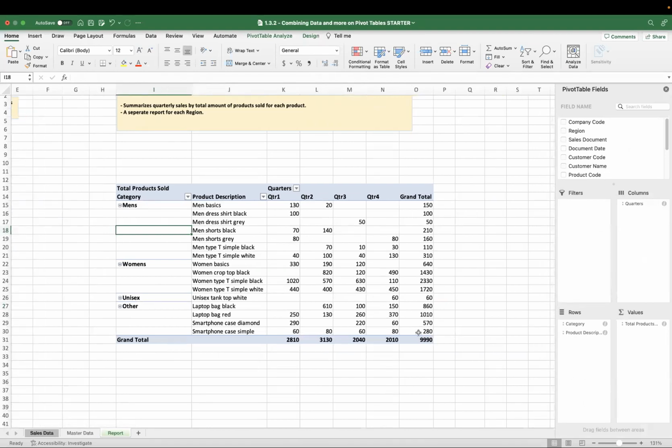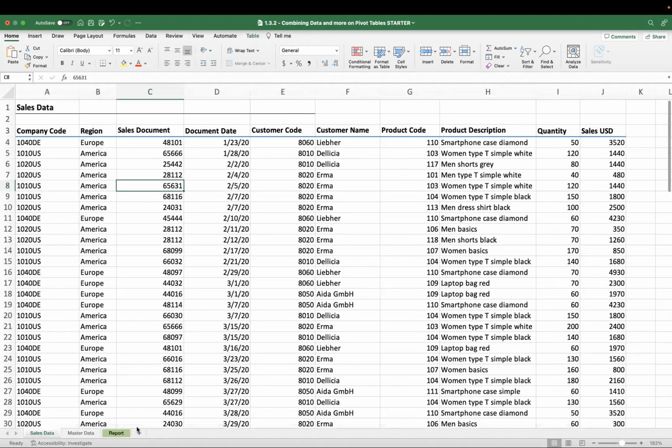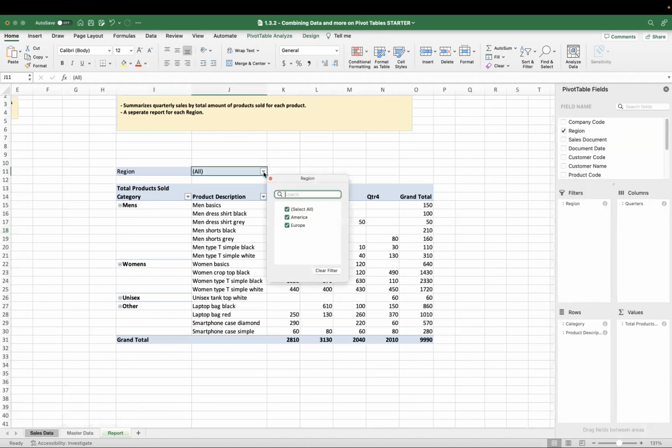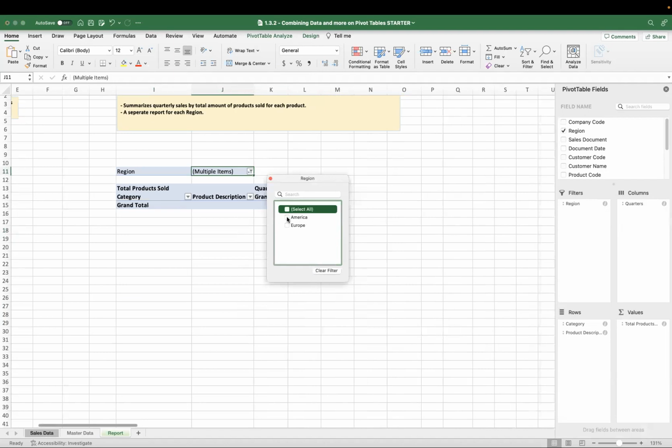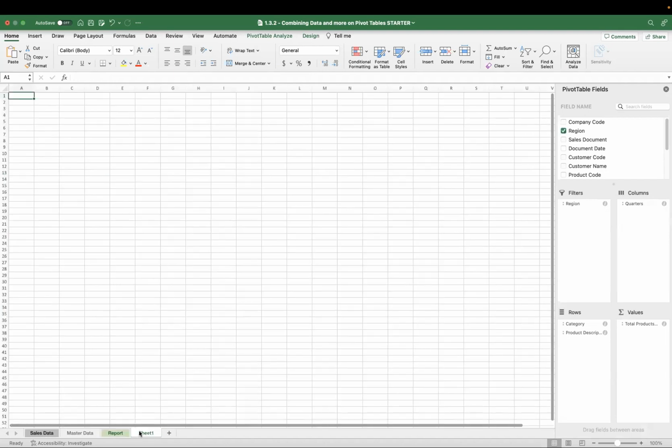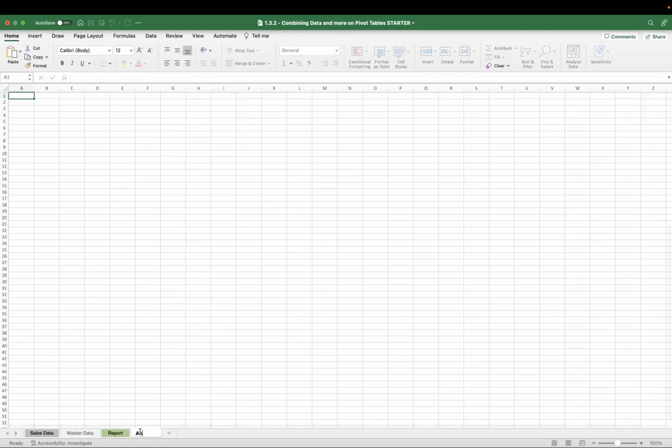One thing that we can do is get a report for each region. So currently, the two regions that we have in our data, Europe and America, are both being factored into this. So one way that I could get a report for each of them is maybe by adding it in as a filter. So now I just want to filter by, let's just say, America. And if I just want an America report,